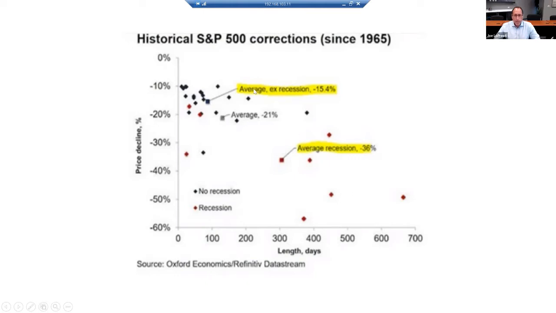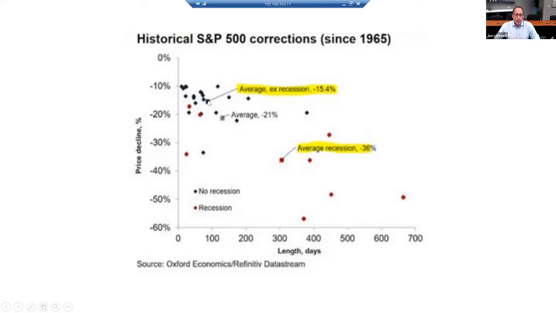So what we can see is the average correction without a recession is a 15% drop in the S&P, but with a recession, it's 36%. So much more severe decline. The other takeaway is the time. Here's the timeline on the bottom axis. And what we can see is